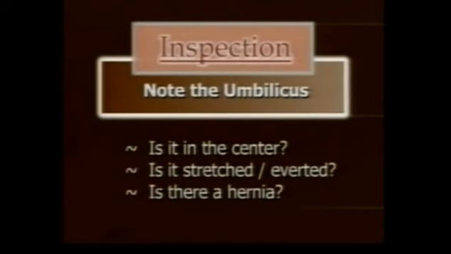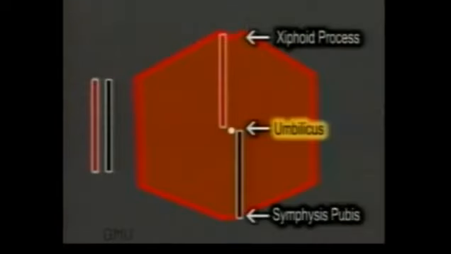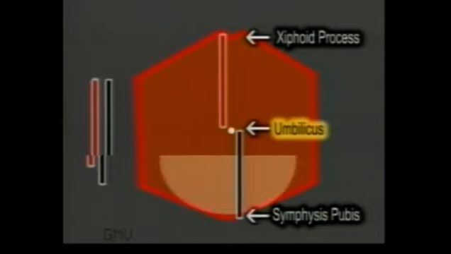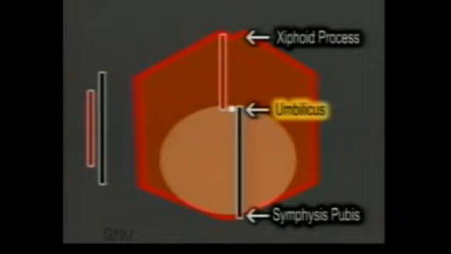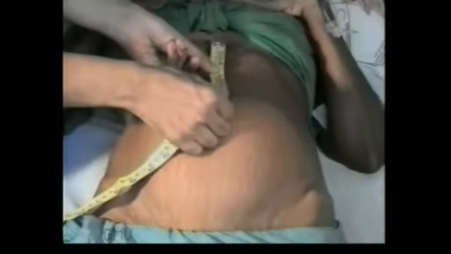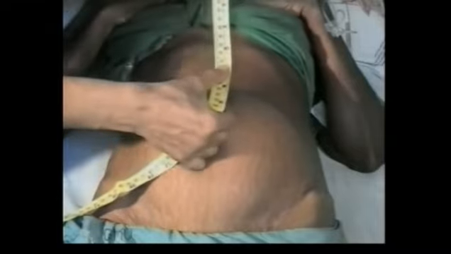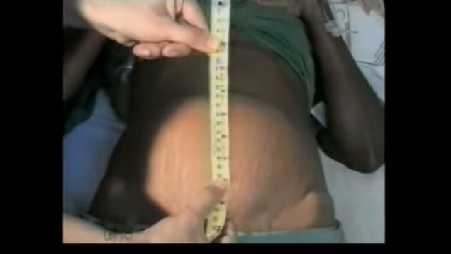After inspecting the skin, inspect the umbilicus. Is the umbilicus in the center? Normally, it is in the midline, midway between the tip of the xiphoid process and the top of the symphysis pubis. It is displaced upwards by the lumps arising from the pelvis. Note here that the distance between the xiphoid process and the umbilicus is less than the distance between the umbilicus